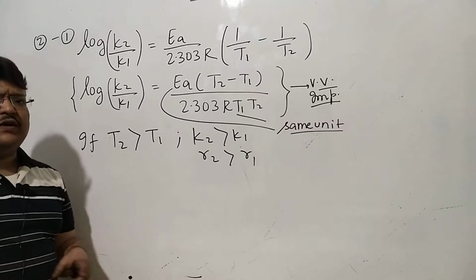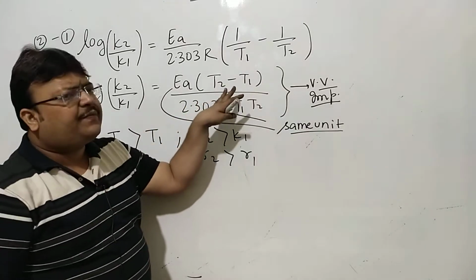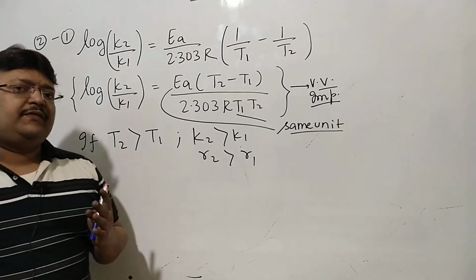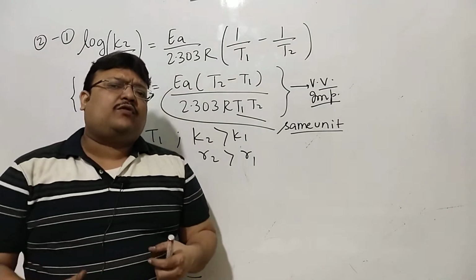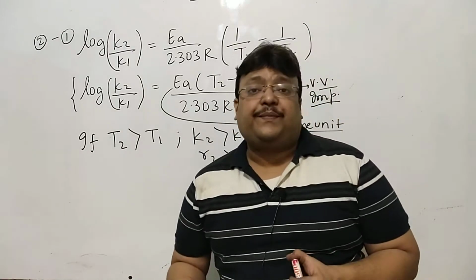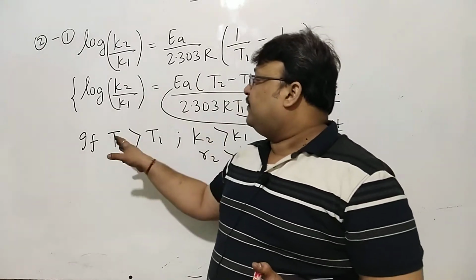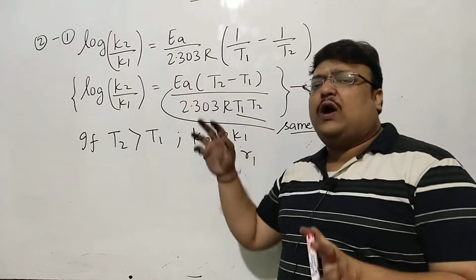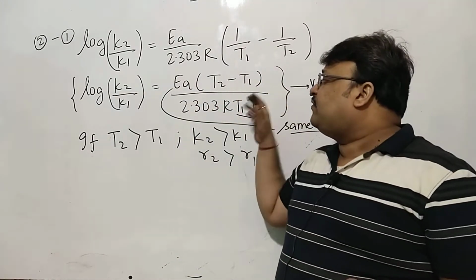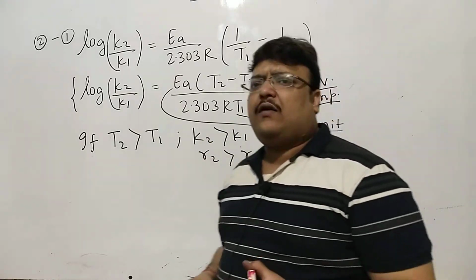So what it tells you is, every time you increase the temperature, K increases, R increases. So right away, temperature is always going to help a process. Temperature is always going to increase the rate of the process. T2 more than T1, all of this positive. I told you activation energy can never be negative. T2 more than T1, all of this positive will mean K2 is more than K1, R2 is more than R1.